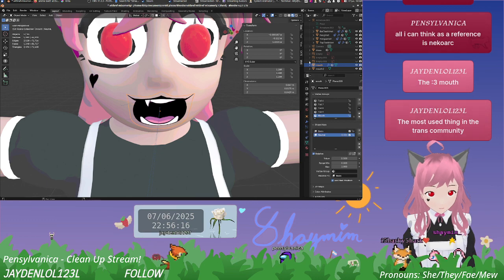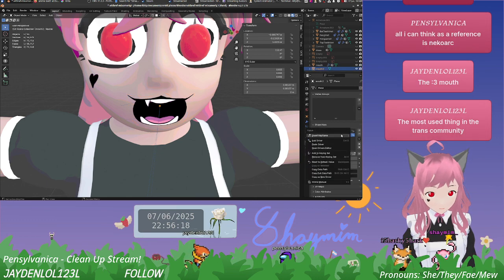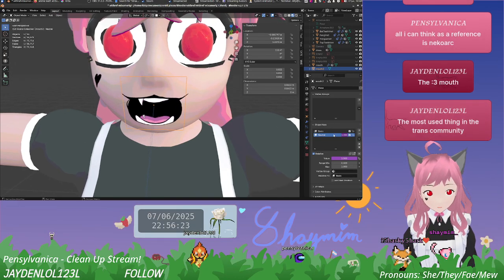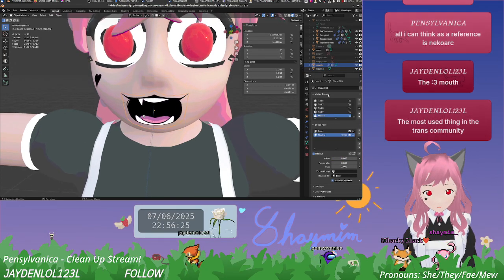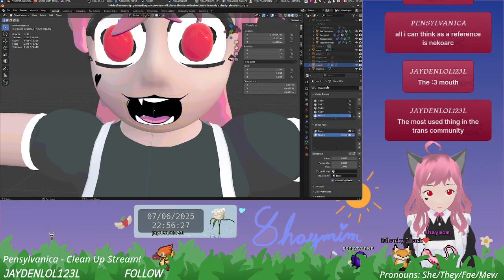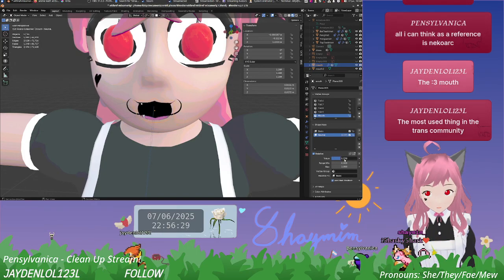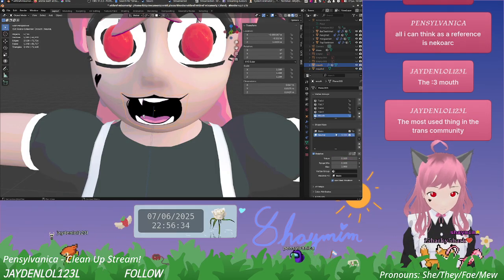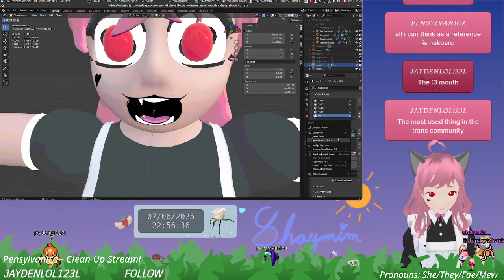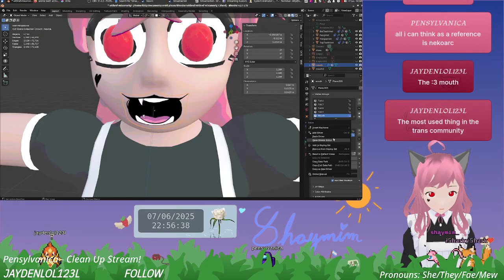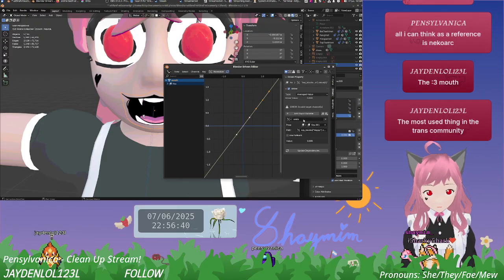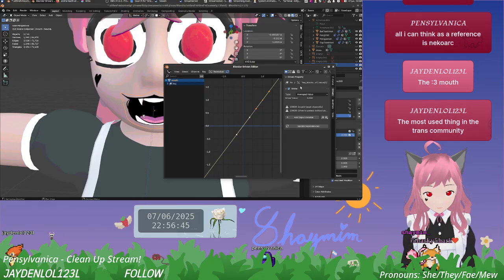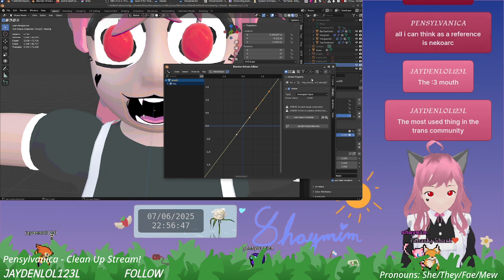Then we need to copy as new driver on mouth. And then we paste driver here. That's not how that's supposed to go, actually. We'll open driver's editor. Okay, hang on.